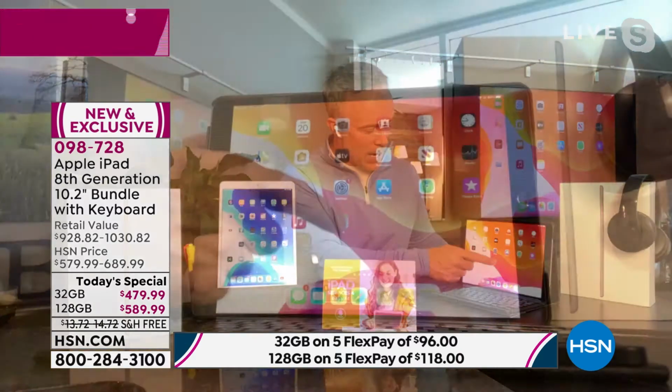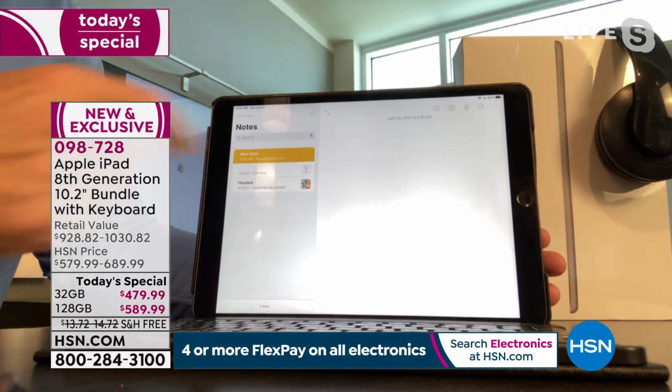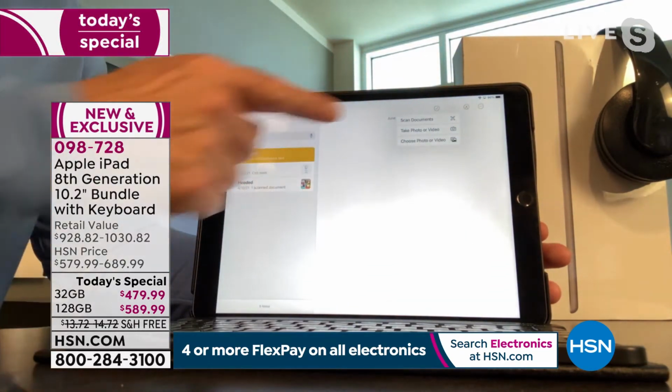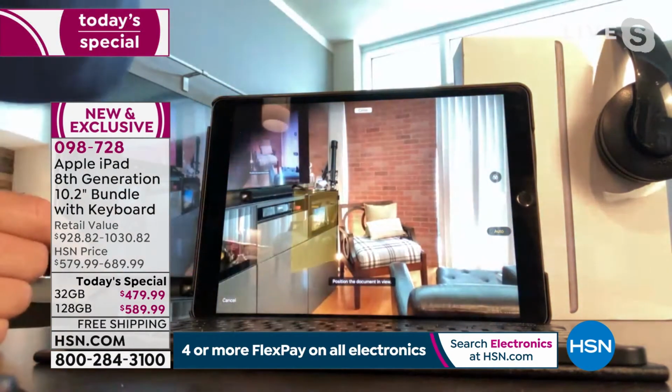And you mentioned this before. I love how you talked about scanning documents. I didn't realize it was this easy as well. So maybe I do need to scan something really quick. I don't remember how to use my scanner. Take a photo, come over here, hit the scan button, and boom, there's the camera, right?